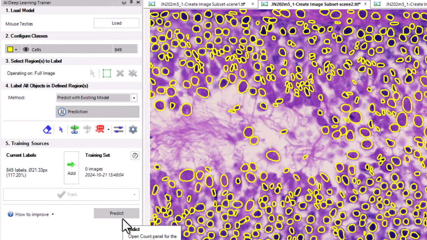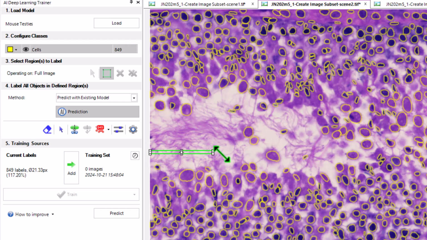So how do we train this model now? How do we label it? In this case, I'm going to start with a small section. Here I'm going to start with an ROI for just an easy to understand how to go about labeling your image. Since I already have objects on here